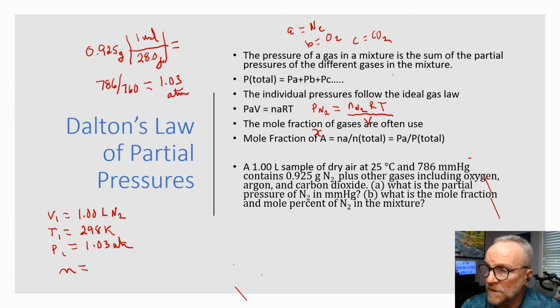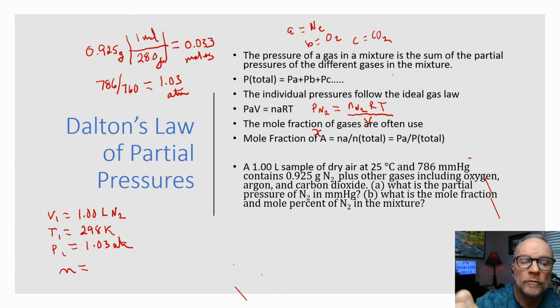And that will give us a total of 0.33 moles. Okay, so to do this, we will figure out the partial pressure of N2 first. So let's do that. So the pressure of N2 will equal the moles of N2, which we are given as